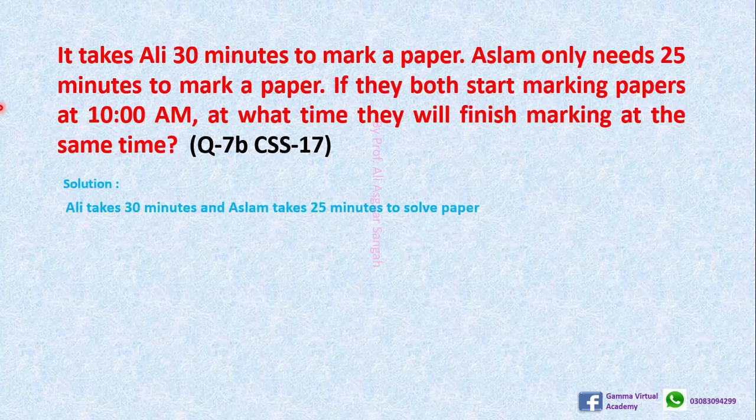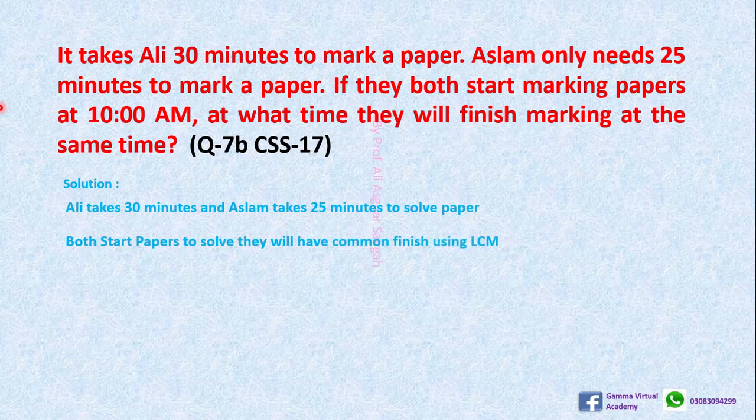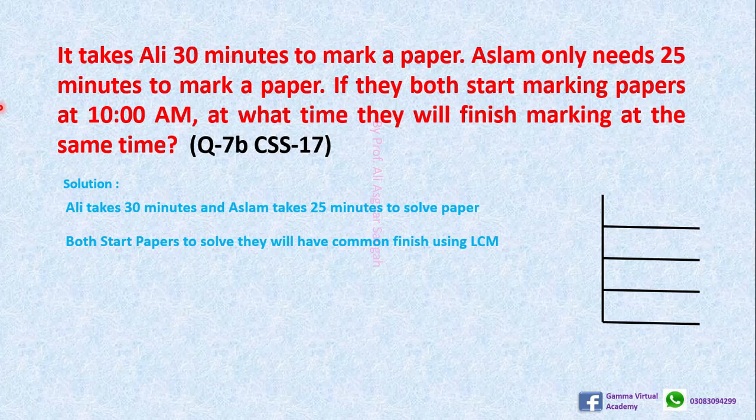So for finding the common ending of papers, we have to find LCM. LCM is a tool that gives us the common meeting point or common end. Okay, so we have 25 and 30. For these two numbers we have to find LCM. Okay, so the table of 2, 30 is divisible by 2, so we use the table of 2. Table of 2 and 30 is 15 times. We write here 15. 25 is same because 25 is not divisible by 2. Again we use the table of 3 because 15 is divisible by 3.